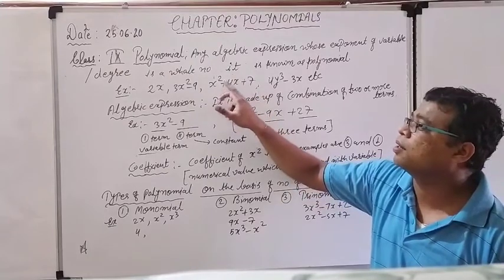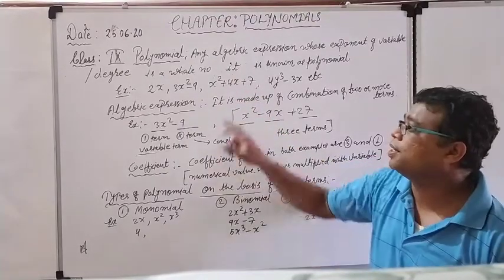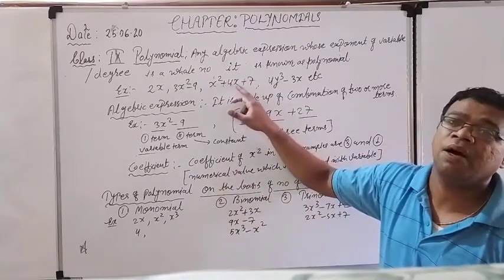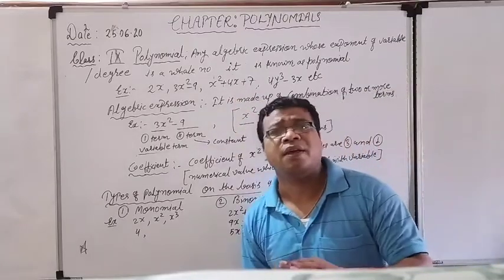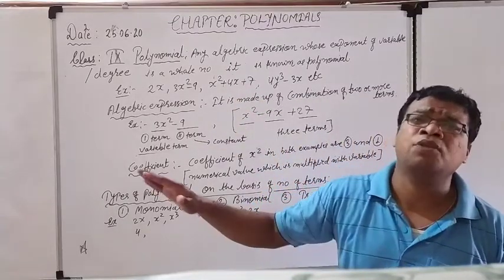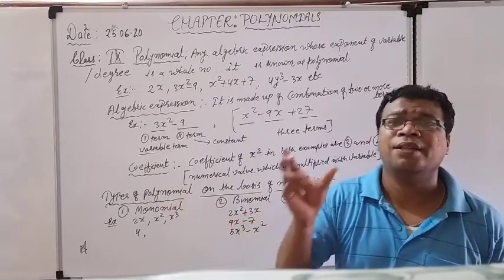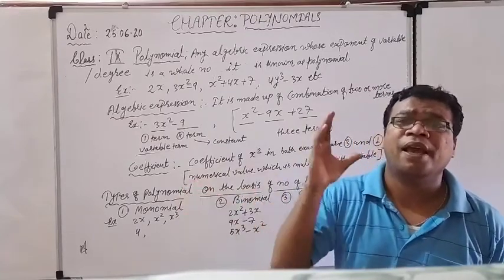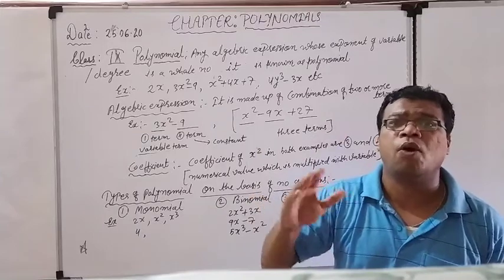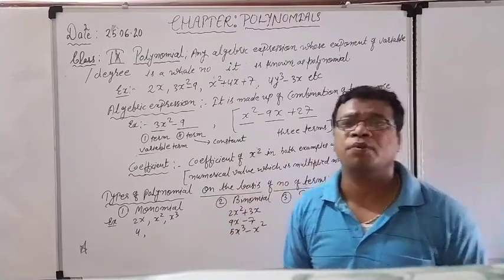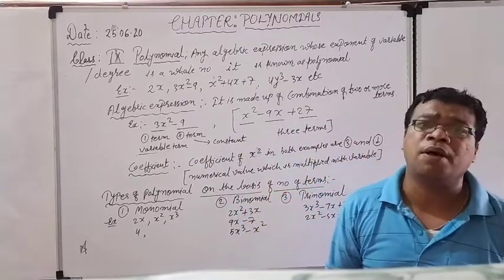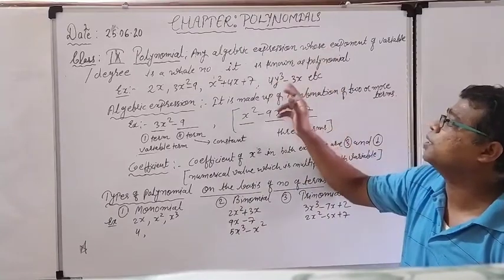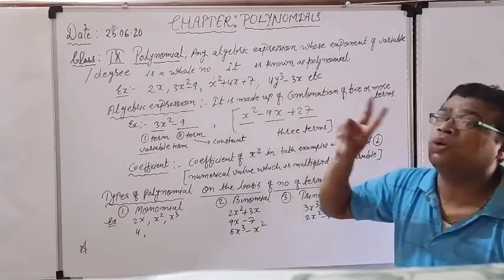What about the x square? In the first term, the power of the variable x is 2. That is a whole number. Again you can see 4x. What is the power of the variable x here? 1. So in this way we have to check. There might be so many terms. The matter is not whether there is one term, two terms, or three terms. But in every term, what is the power? All the powers of the variable, whether highest or lowest, should always be whole numbers. Then only it is an example of a polynomial. See here, 4y cube minus 3x. So there are two different variables.